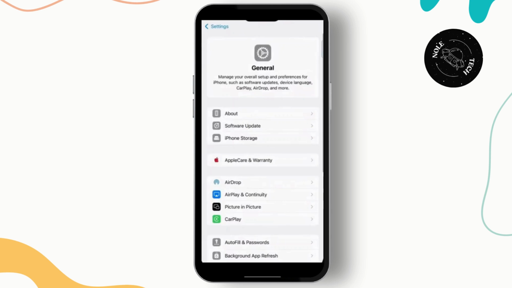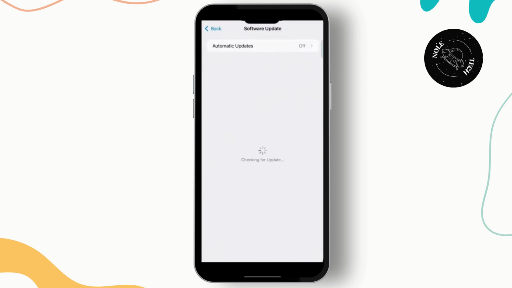So from here, you just want to head over to your software update and tap on it. And if your automatic update is off, you just want to turn it on and make sure that you're connected to Wi-Fi or any of your network and just wait for it to load. Once you do that, you can go ahead and turn on the automatic updates and then you will see two